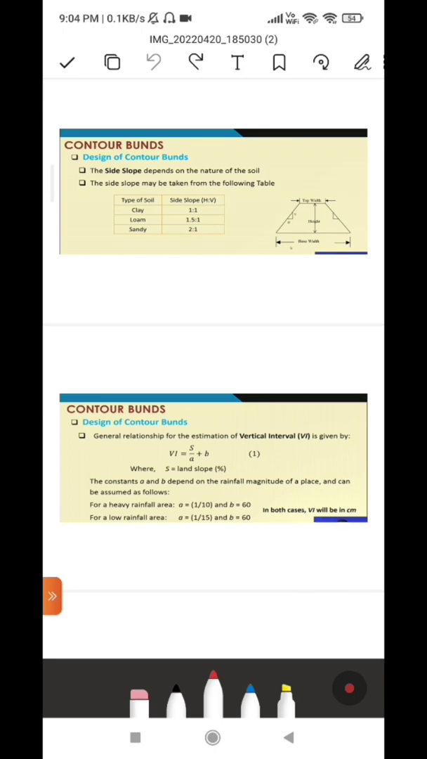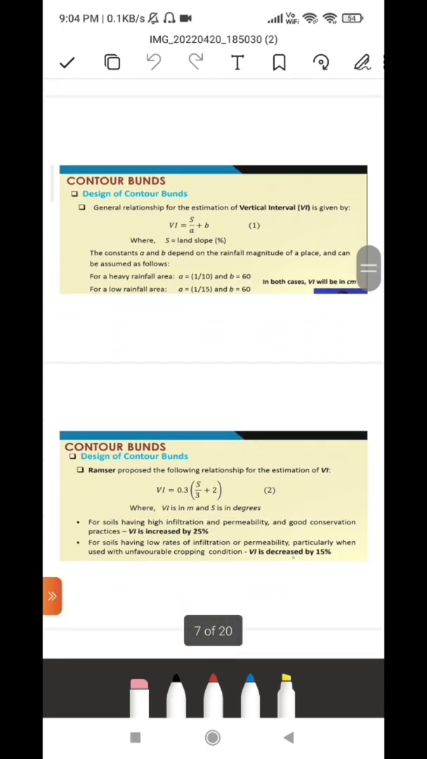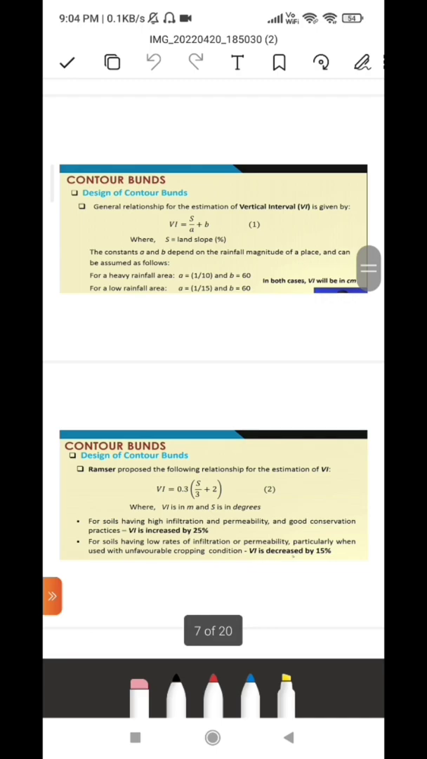Means in case of sandy soil, the slope would be much more flat, and in clay, the slope would be a much stiffer curve than that. So to calculate vertical interval, there is one general formula, that is VI equals capital S divided by A plus B. In this, vertical height is only dependent upon S, and A and B are constants, and